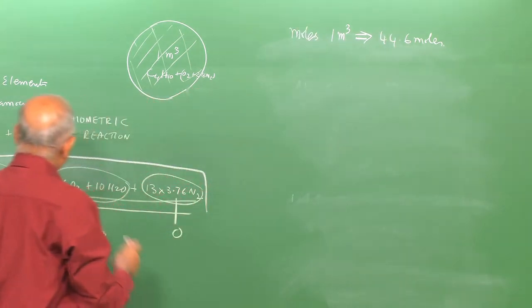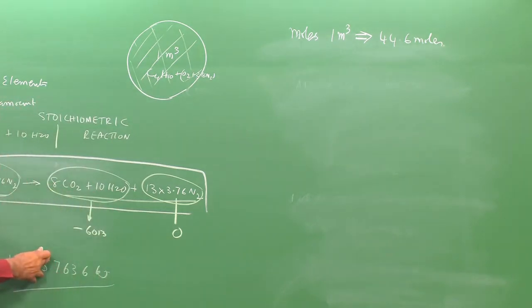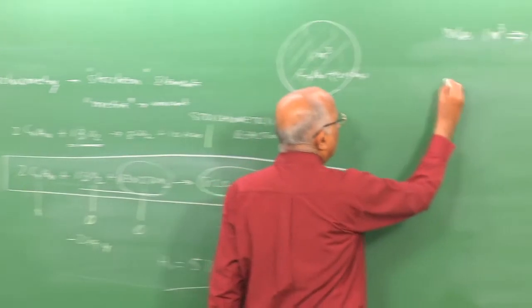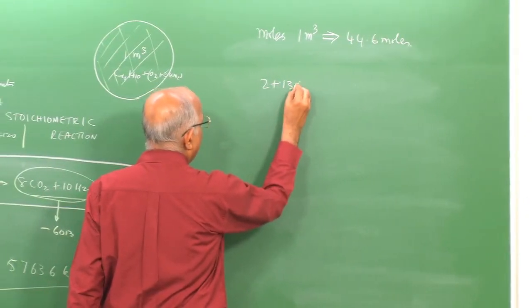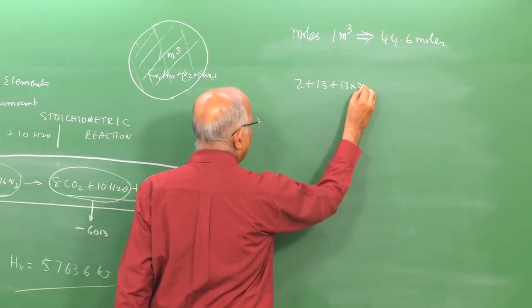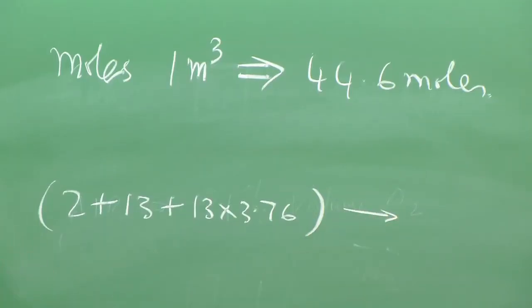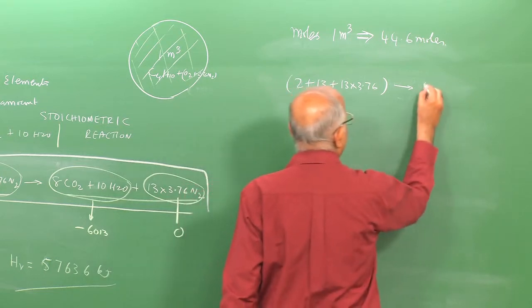And how many moles of the reactant do we have in this case? We have 2 moles plus 13 moles plus 13 into 3.76 moles. Therefore, 2 plus 13 into 3.76 moles of the reactant gives the heat release of 5763.6